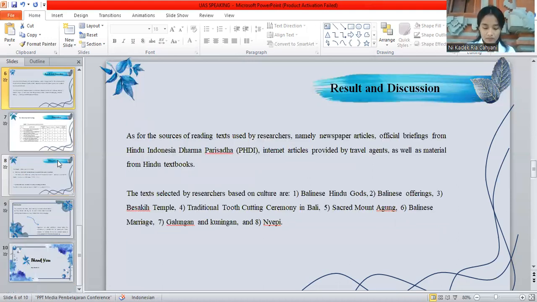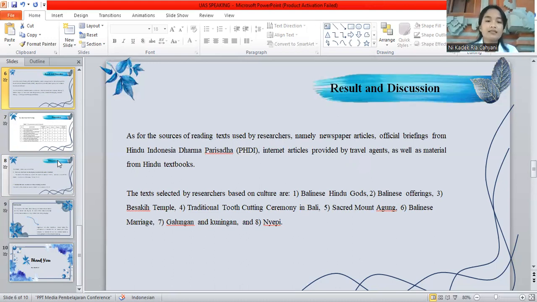Then, as for the source of reading texts used by the researcher, namely newspaper articles, official briefings from Parisada Hindu Dharma Indonesia, or we can call it PHDI, internet articles provided by travel agents, as well as material from Hindu textbooks.